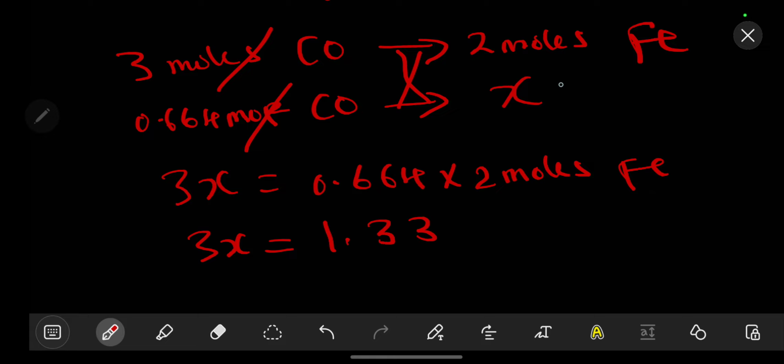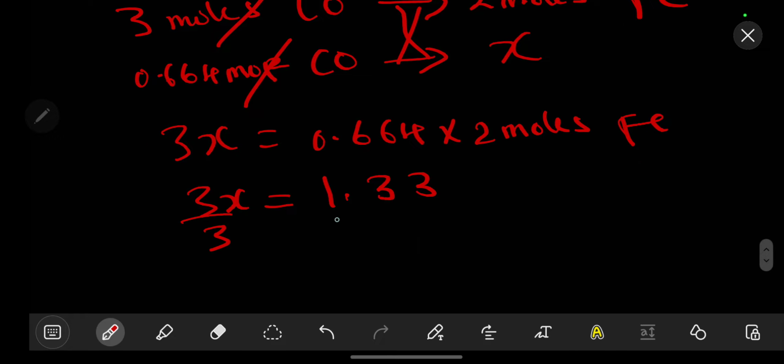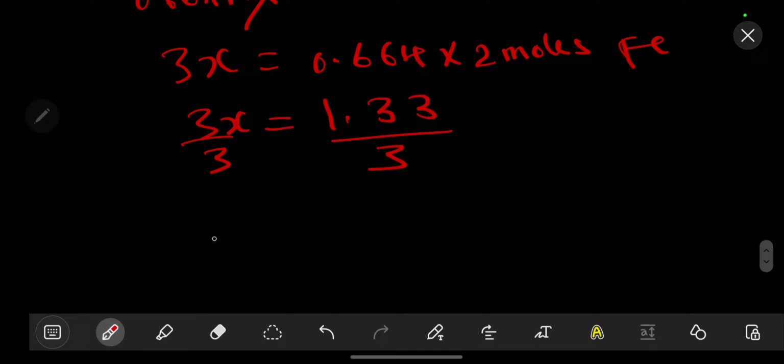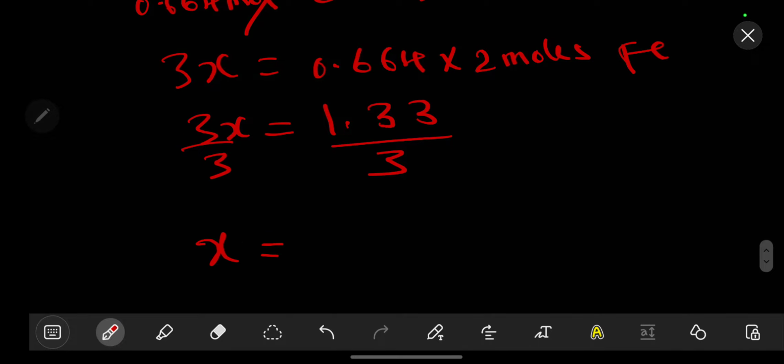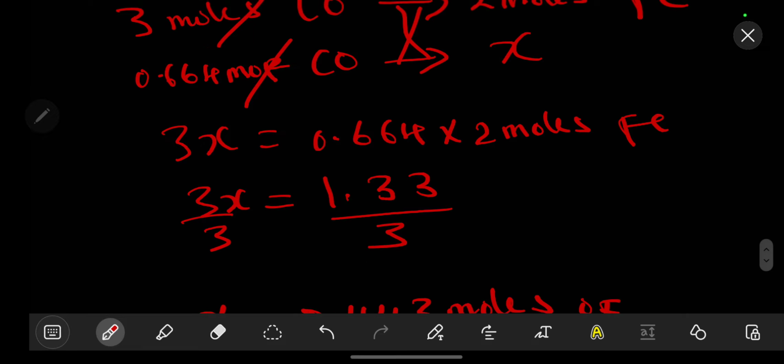From there we divide by 3, and we get x to be equal to 0.443 moles